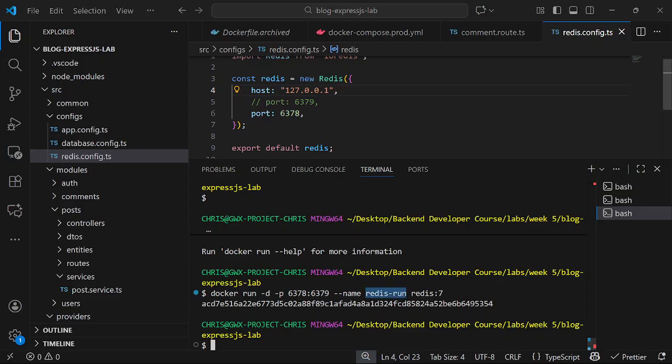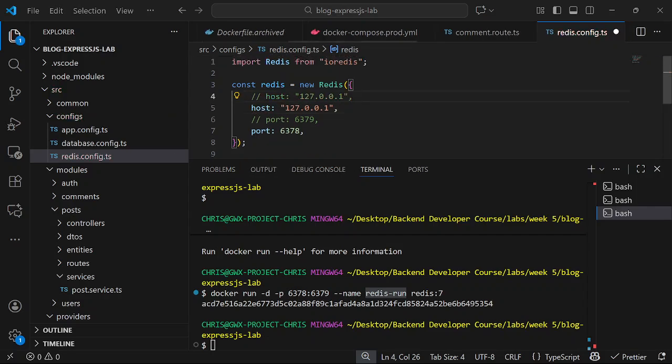I'm going to give it this host here. I'm going to change this host name to the name of Redis that I used here, which is Redis-run. So I'm going to use this name here, right? Now, I am not going to use these ports here, because the container,